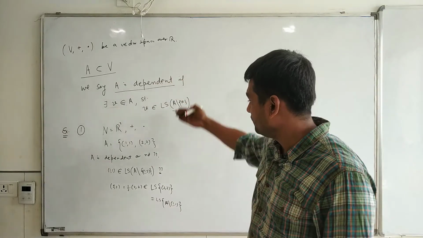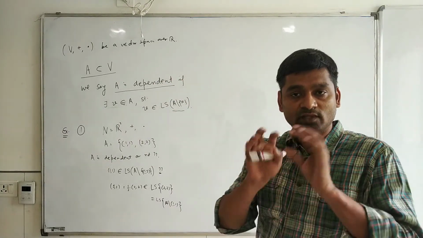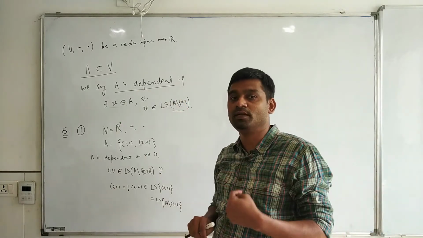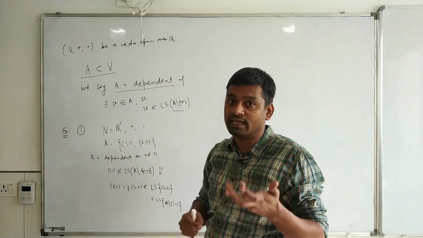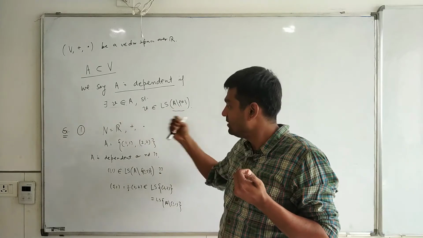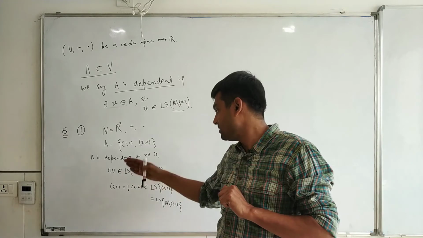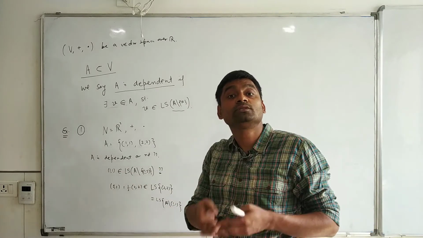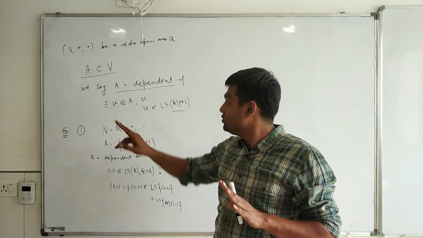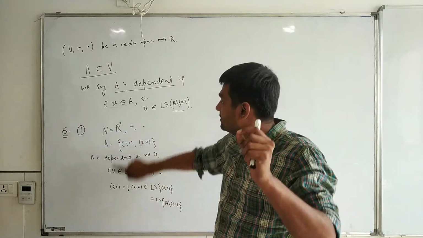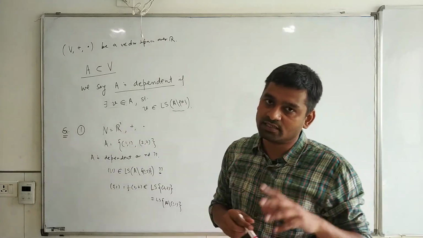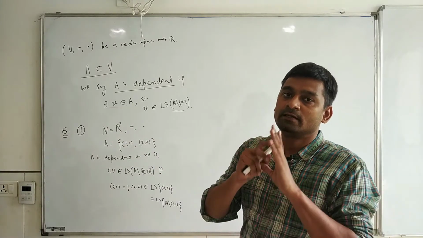I wanted to illustrate the definition of dependent. Something is said to be dependent, some set, I am not saying a vector is dependent, some set is said to be dependent if there is at least one element in that set which can be written as a linear combination of the others. Here I got one element (1,1) which can be written as a linear span of the other. (2,2) you can also write as a linear combination of (1,1). But we do not need to check all the elements in A. If there is one element in A which can be written as a linear combination of the others, then it is dependent. Did you understand?